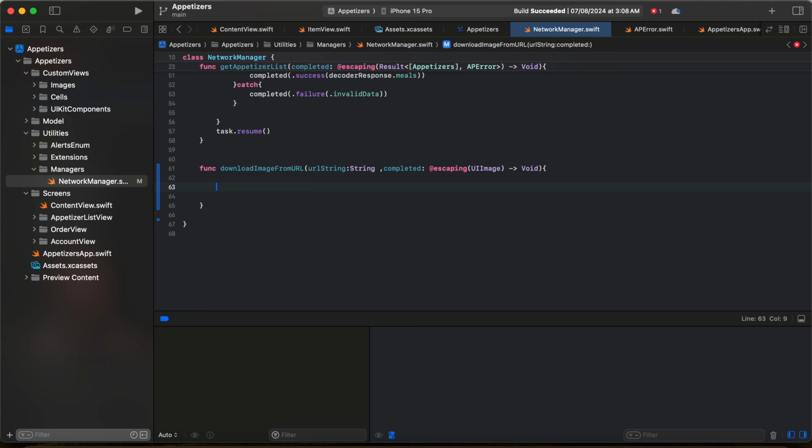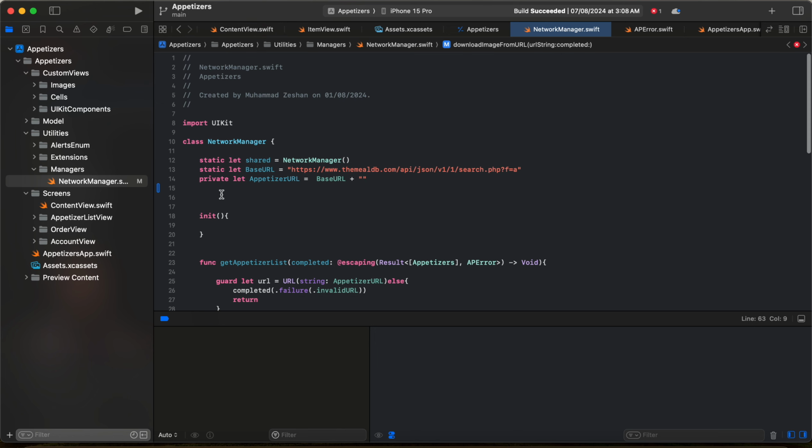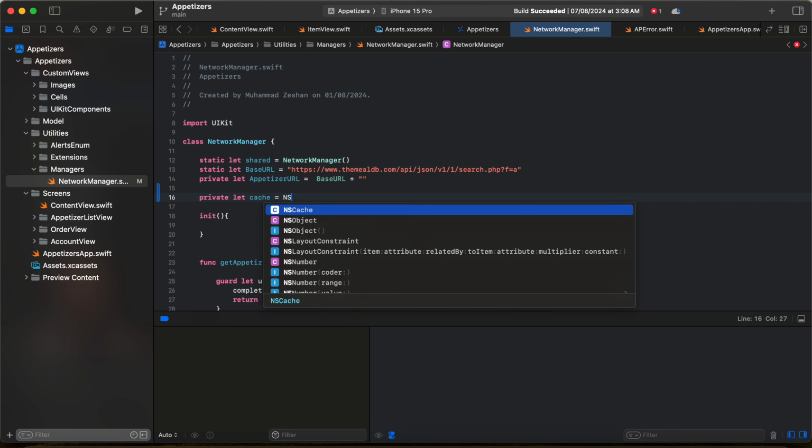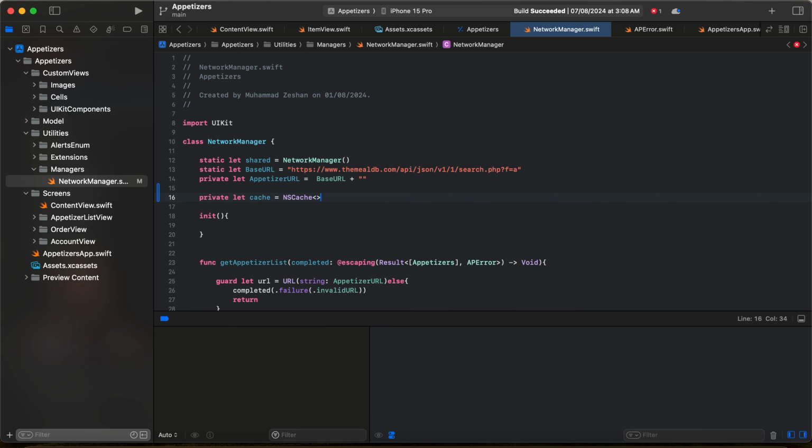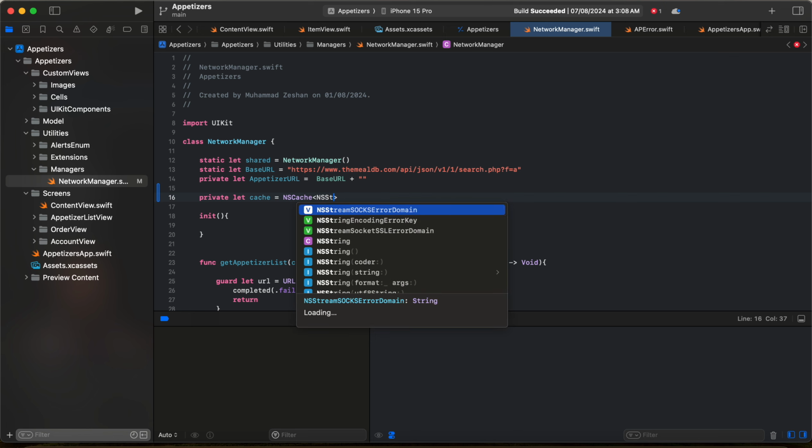Okay. So first of all, we also have to check whether the image is already present in the cache of our device or in the app, or whether we have to download the image again. So for that, we just need a parameter with the name cache. We will declare it here of type NSCache, and we will use NSString